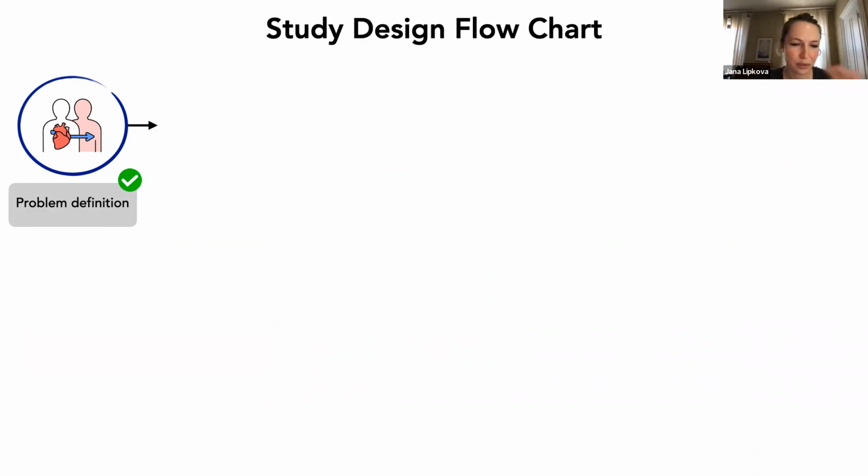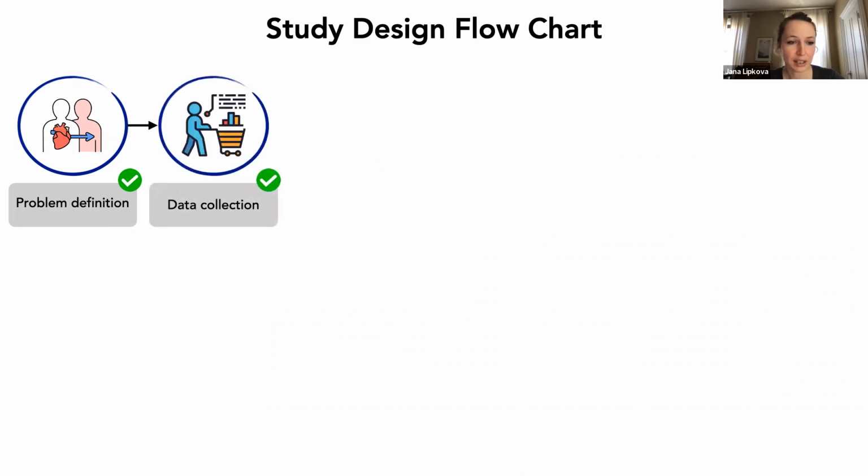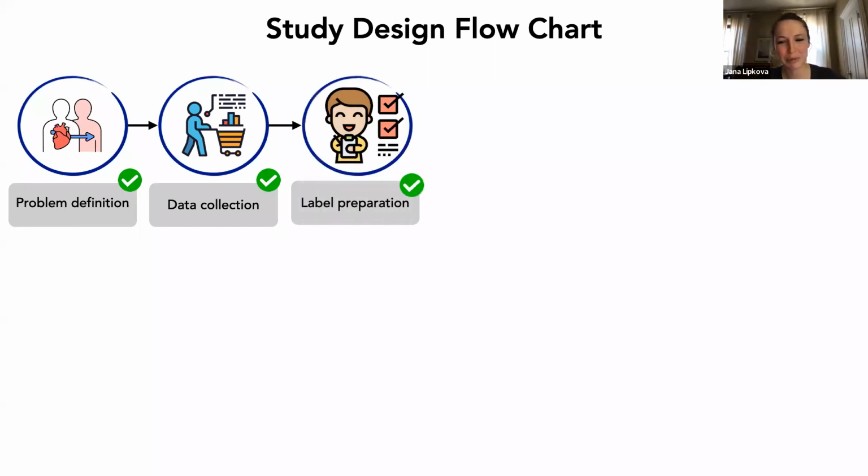So basically, we first identified the problem of high inter-rater variability in assessing biopsy rejections. Then we did a lot of data collection. I will not complain there. And then we did all the label preparations, where we also asked our pathologists to make sure that the labels are correct. There have also been a lot of changes in the official guidelines for assessing the rejections and the grades over time, so we had to make sure everything was up to the latest guideline.